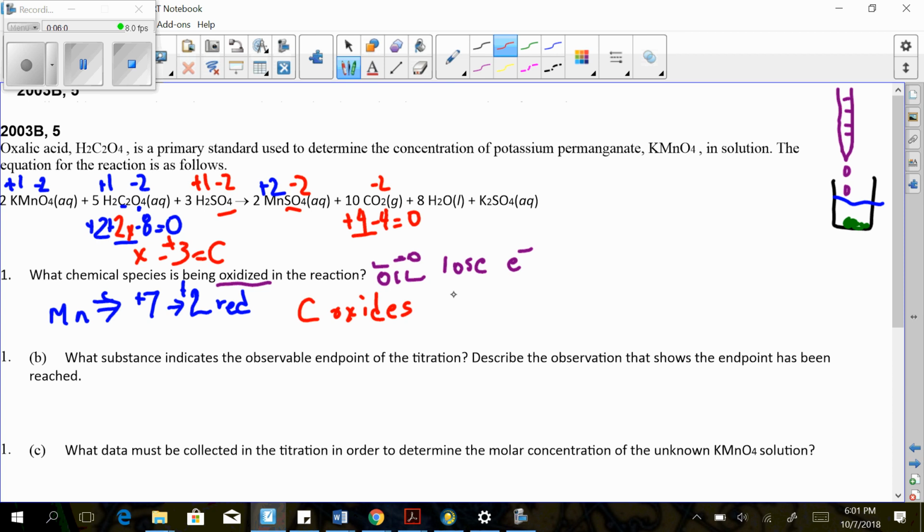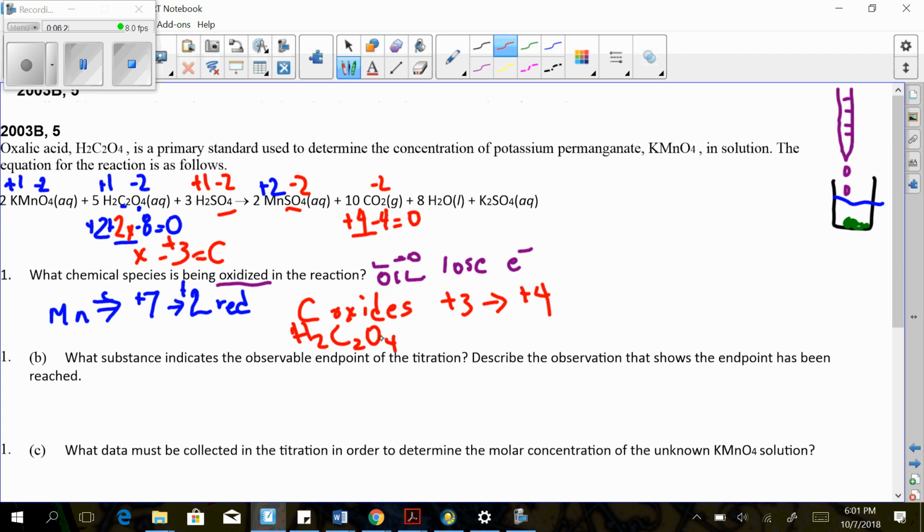It goes from a +3 to a +4. In order to get from a +3 to a more positive number, it has to lose that negative charge. It has to lose that electron, that negatively charged electron. Or you can say our